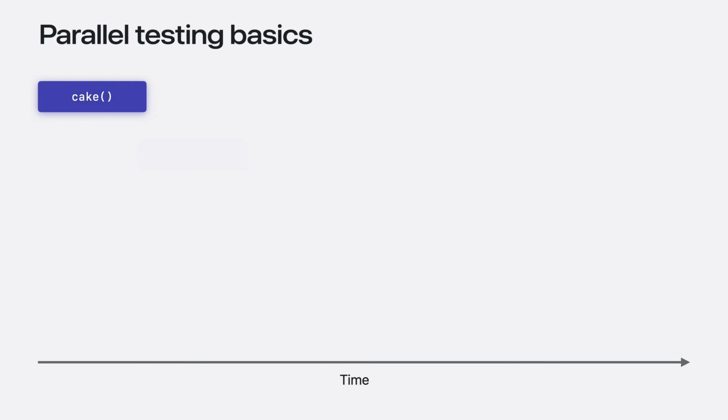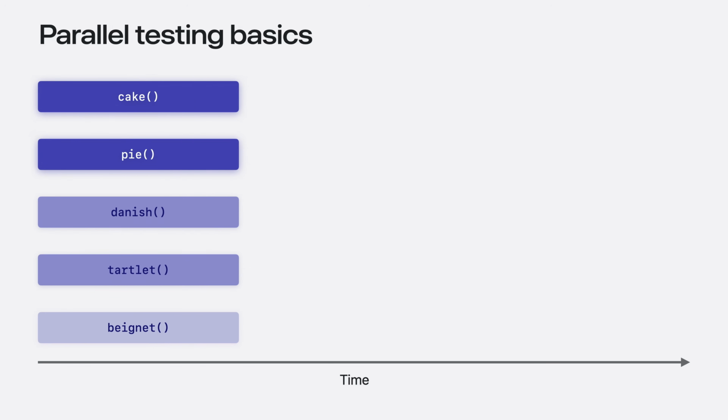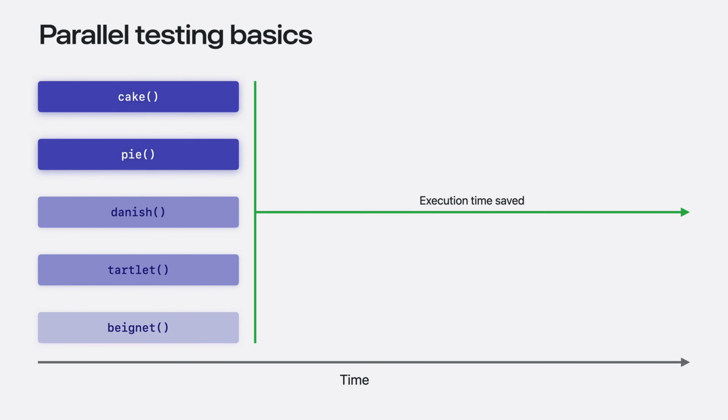Tests run one after another in serial testing. If you've used XCTest before, this is how it runs tests by default. This is in contrast to parallel testing, where tests execute concurrently. You gain several advantages when your tests run in parallel. First, execution time will be reduced, which is crucial in CI where every minute counts. This also means a faster turnaround to get your results.